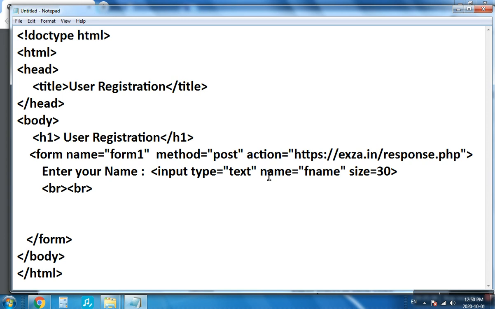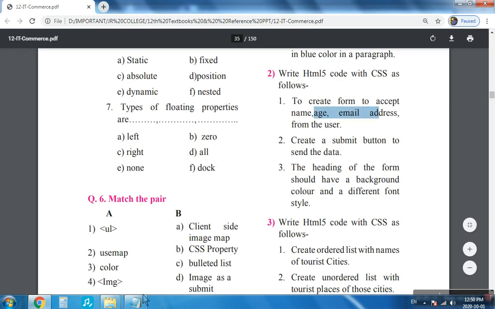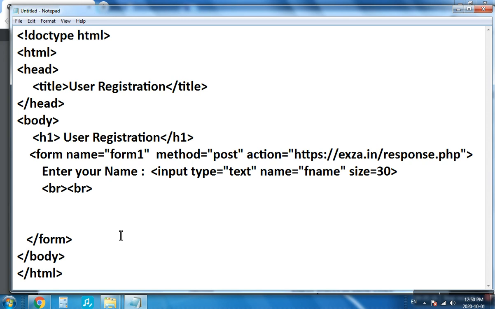Next question is age and email address. Okay, so again we'll write age and we'll create an input field for this. Now here we have to write input type equal to number. HTML5 provides specific fields for certain type of data. So for entering numeric data, we have a special type called number, which was not there in HTML4 version. So we'll write input type equal to number, then we'll provide a name for this. Again, the name will be same, age.